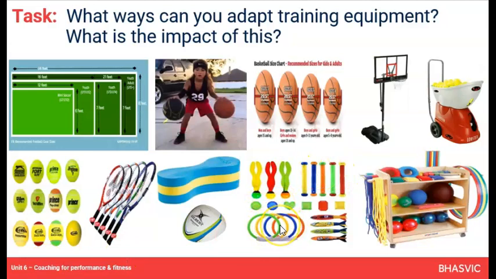I think some of these are also for use in pools, things that can go down to the bottom of a pool as equipment to motivate and excite children to practice going underwater, which can be really intimidating. Sometimes you don't want to use much equipment at all. Keep it simple.